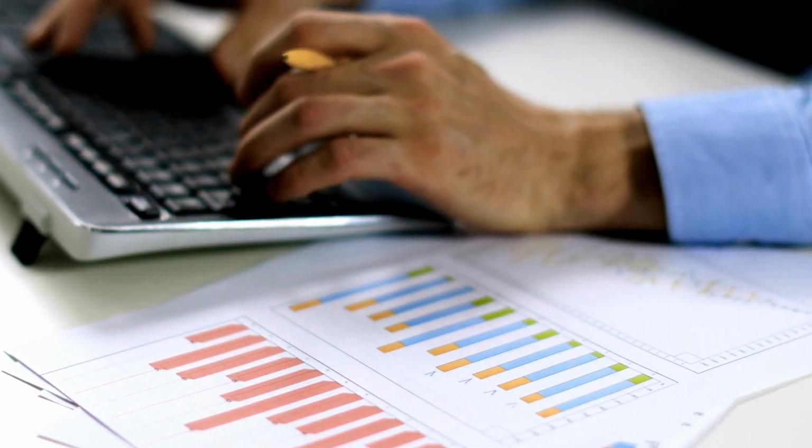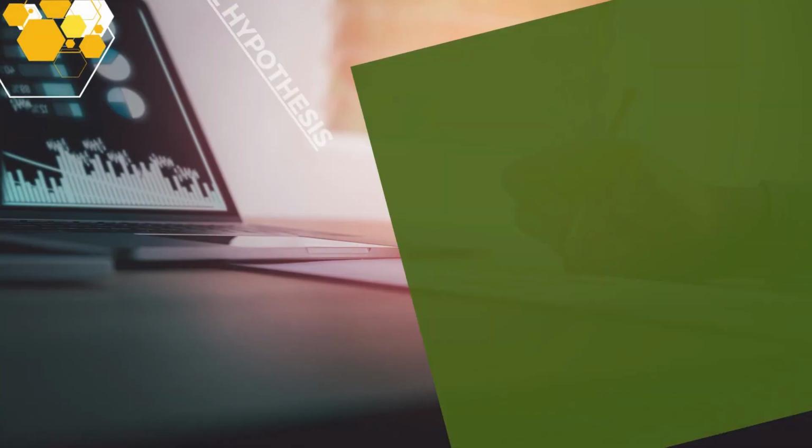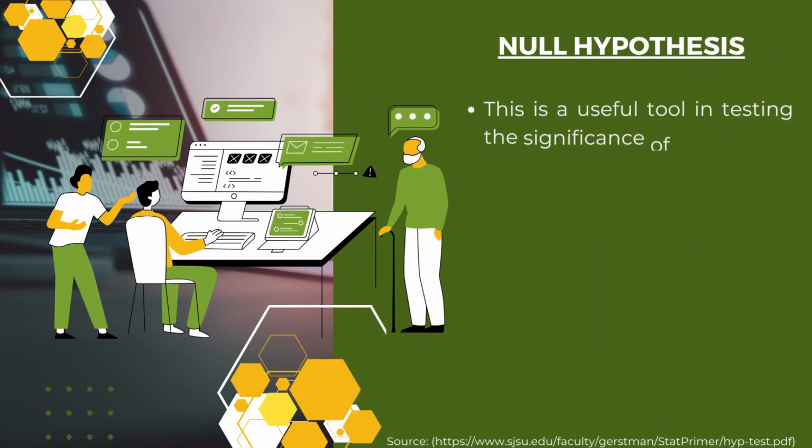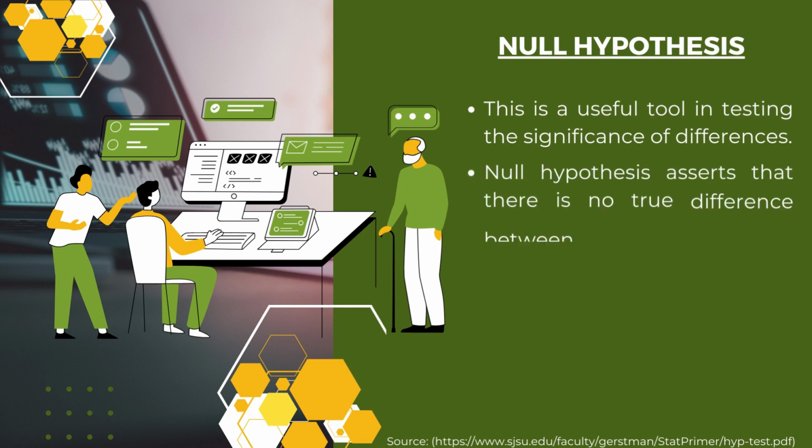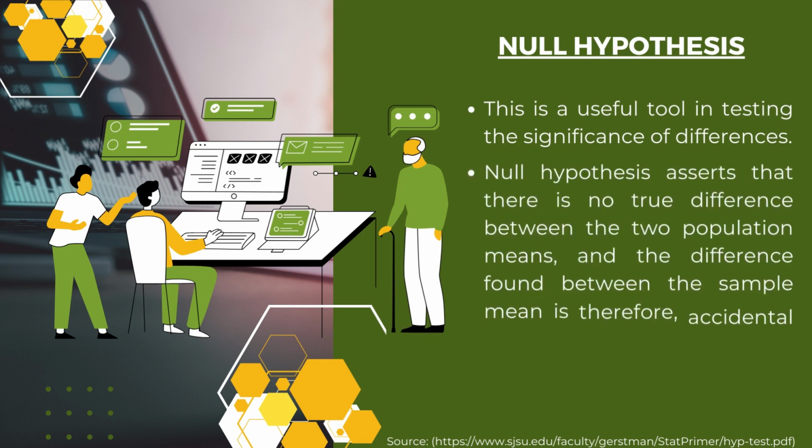The first fundamental concept is the null hypothesis. This is a very useful tool in testing the significance of difference. It is based on the premise that there is no true difference between the two population means. It means that if we draw different samples from the same population, then we should have the same mean and standard deviation values, but it is not the same because